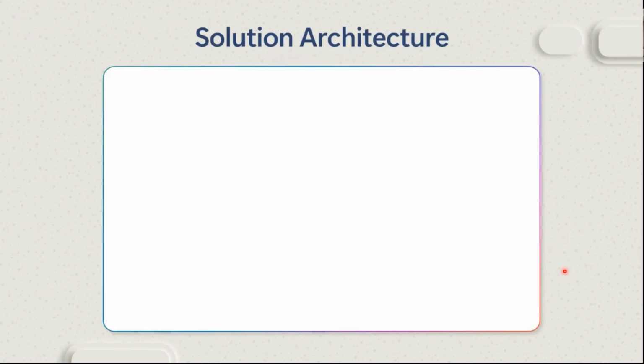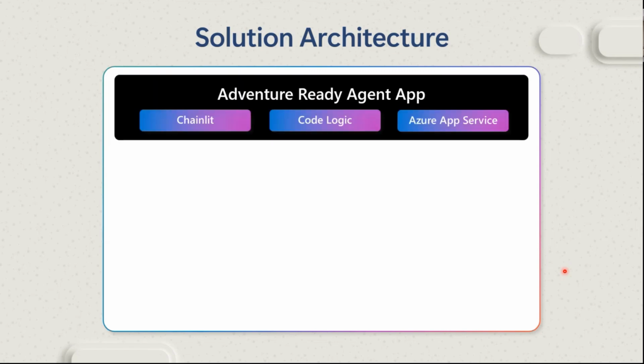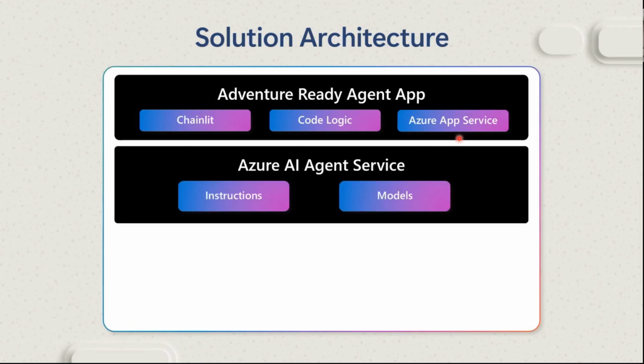In the demonstration that I showed you earlier, what was the solution that the system is actually hosted on? Number one, the app is using Chainlit. We'll discuss what that is. It's an open source framework written in Python to create AI applications, chat-like applications using LLMs. We have our code logic using the Azure AI Foundry service, the Azure AI Agent Service, and we have the whole application hosted in an Azure App Service in a Docker container in a Linux environment.